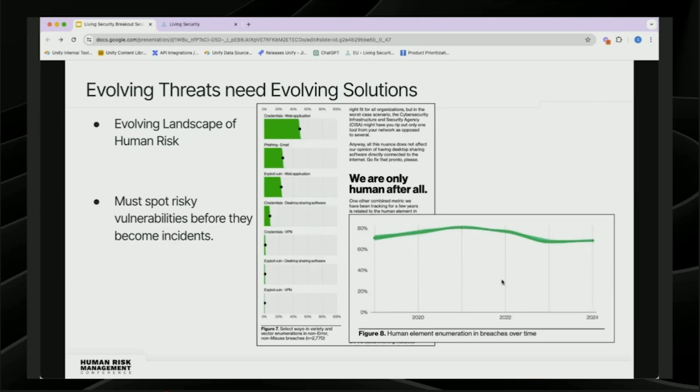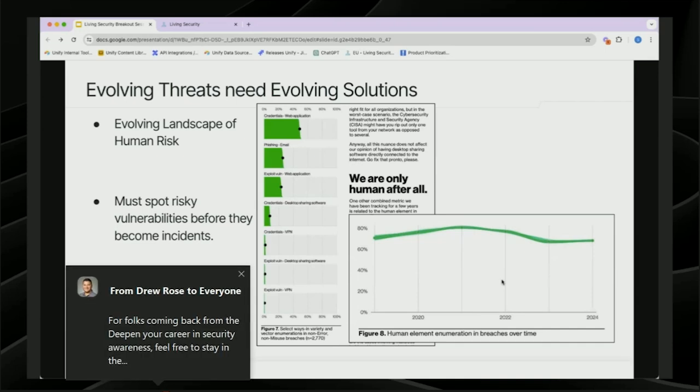Ashley mentioned the Verizon breach report, so here are just a few excerpts from that. More evidence that threats continue to evolve and that visibility into our specific risk is critical. In this report, we see there are various evolving vulnerabilities and potential for incidents that we need to be able to stay ahead of, and intervene as soon as they occur, right? And the biggest piece, which many people have touched on, is that the human element is not going away. It's a huge part of